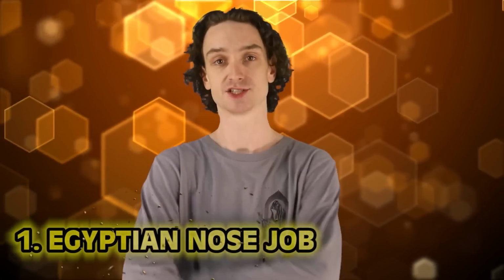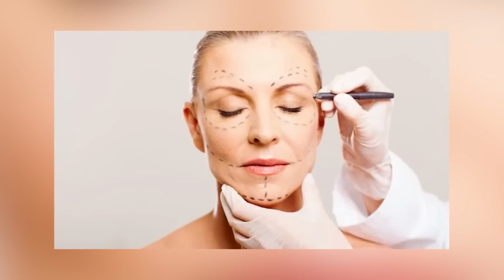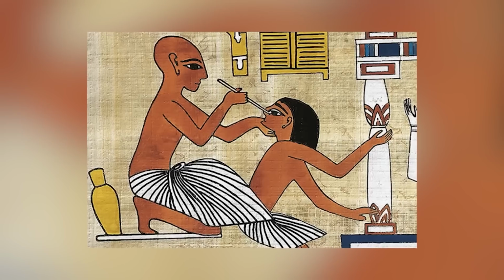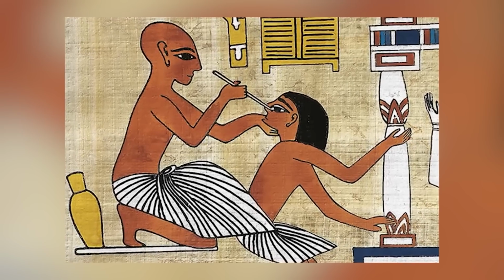And finally, number 1. Egyptian nose job. Plastic surgery is more widespread now than it ever has been before, but it's all because it started a long time ago, especially in the ages of the ancient Egyptians. In the Edwin Smith papyrus, along with the documentation of trauma surgeries, bone fractures, fixes, and all that jazz,